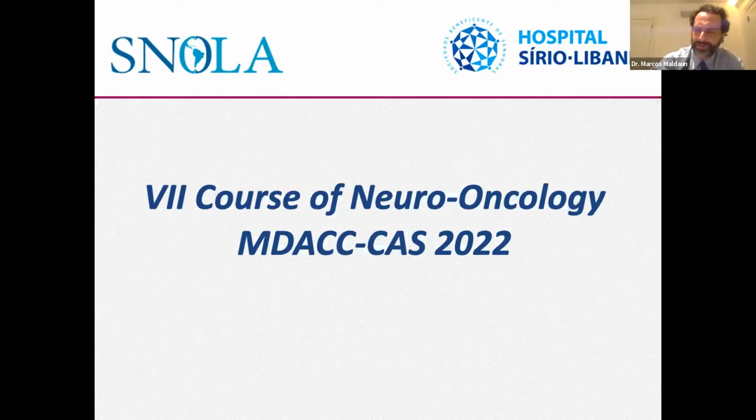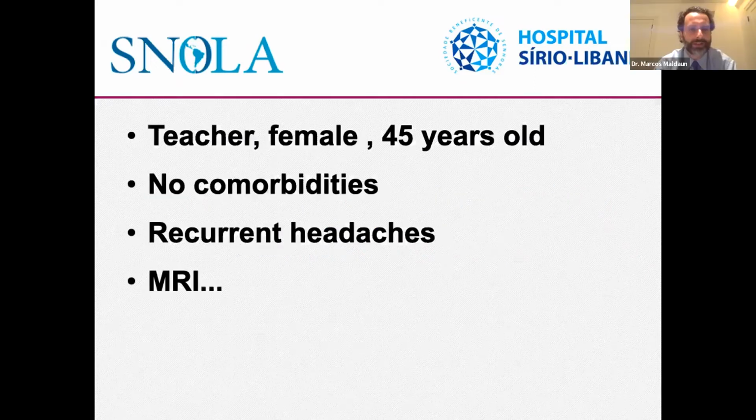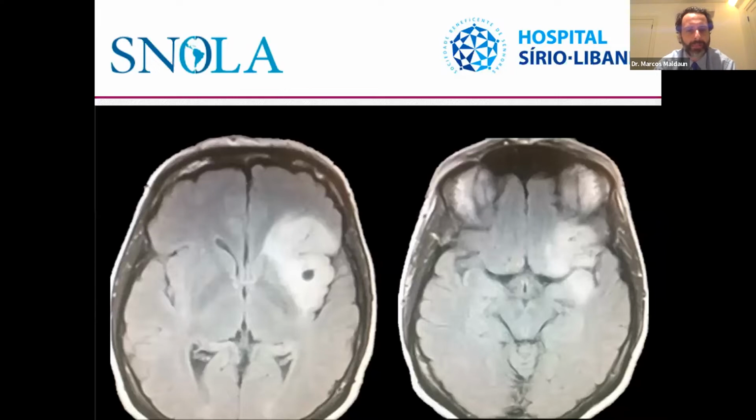Can you guys see my slides? Yes. Okay, good. So we're going to start with a teacher. She's a female, 45 years old, with no comorbidities. She had a history of recurrent headaches, and then the neurology decided to perform an MRI. We have this lesion located in the operculum, an insular lesion, some kind of infiltrative